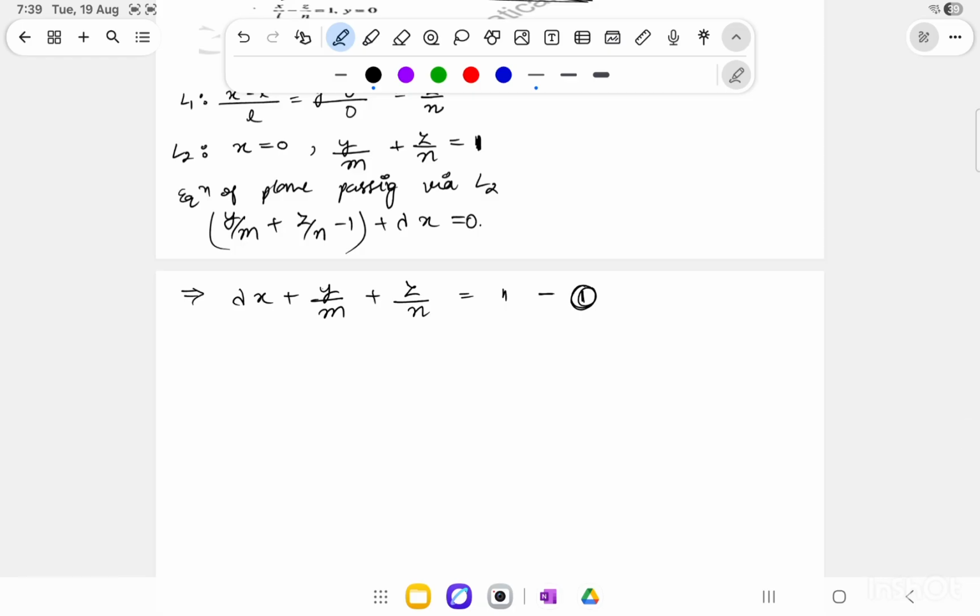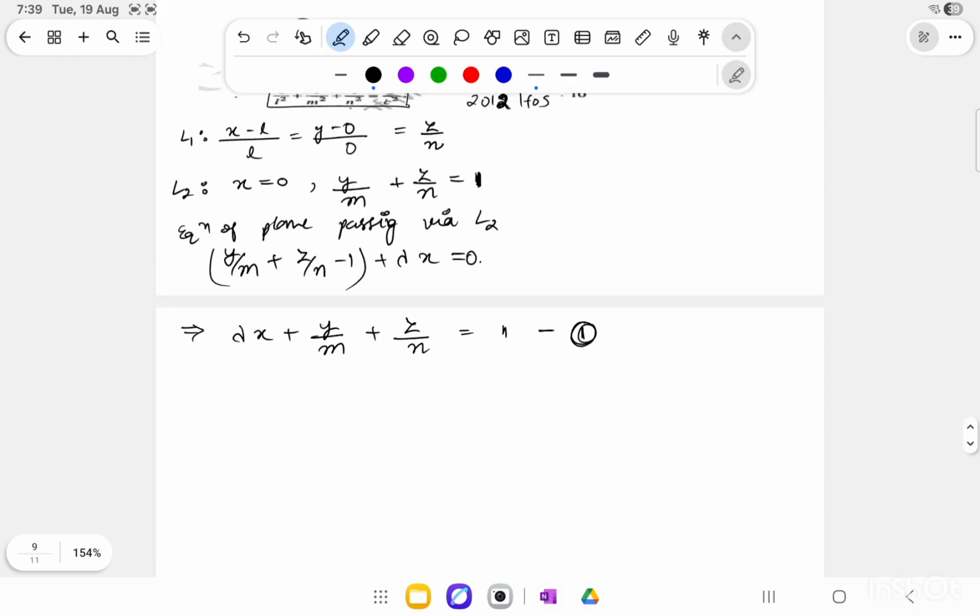So this is the equation of the plane passing via line L2. Now this plane will be parallel to line L1, because the normal to this plane will be perpendicular to the line, as that will be the shortest distance between the two lines. So using that logic,